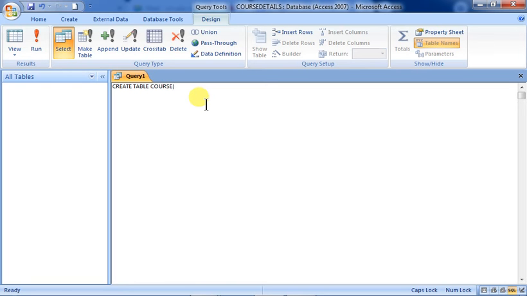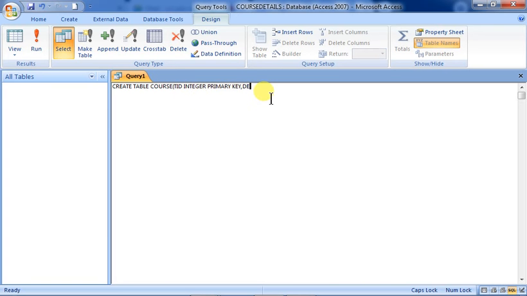Then I am making one primary key field, that is TID. It is an integer, and this is the primary key, because this key is responsible for not allowing any duplicate record to be inserted into the table. So this is the primary key TID, some kind of ID for the students.